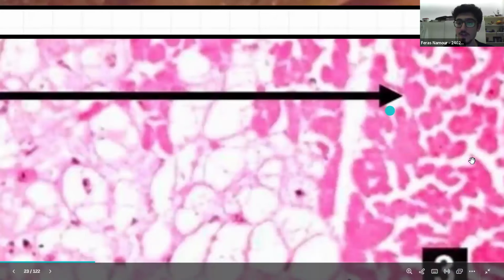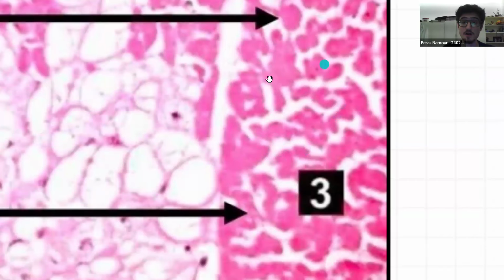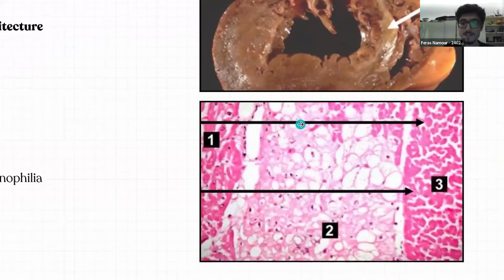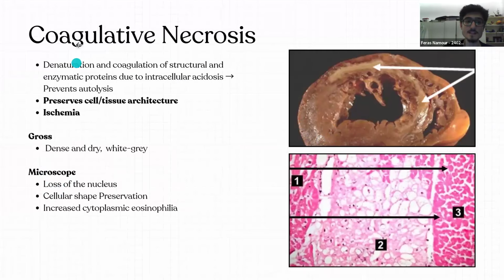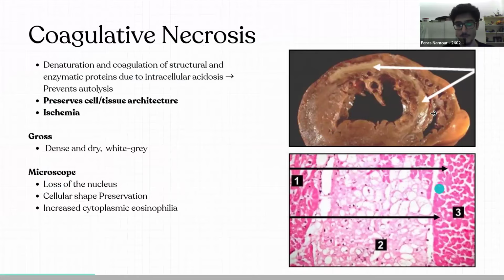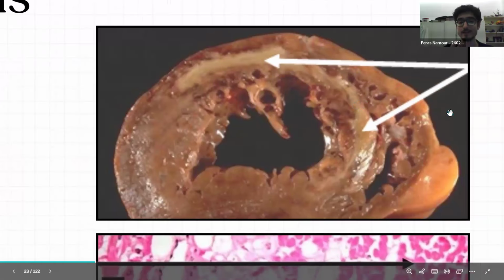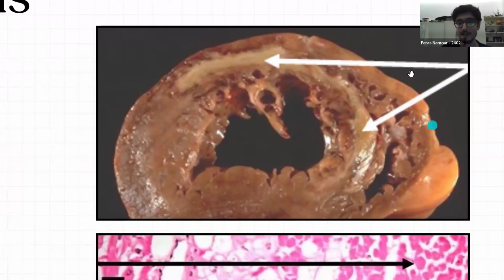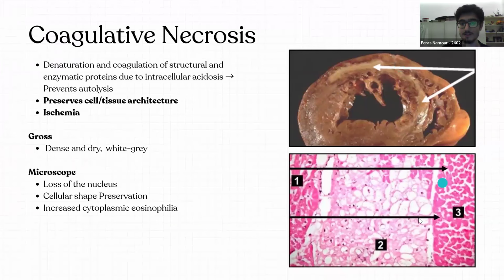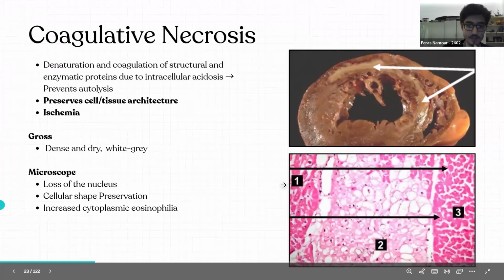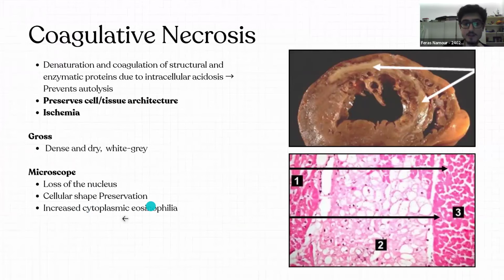So I'm going to have the outline of the cell. I'm not going to have a nucleus, but the cell is still kind of there, but it's dead. So the nice thing about coagulative necrosis, well, there's nothing nice, but what's special about it is it preserves the cell slash tissue architecture. And this is going to be a very important distinction point later on. In a gross specimen, it's going to look like white patches, kind of like a scar. And as we said, under a microscope, it's going to look like no nucleus and very eosinophilic, but the shape and the structure